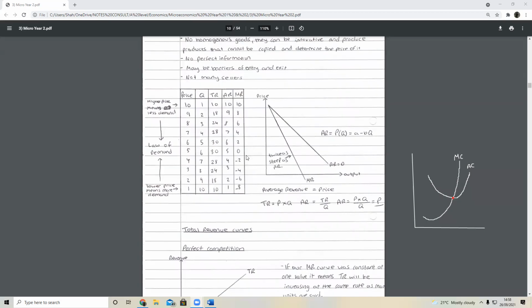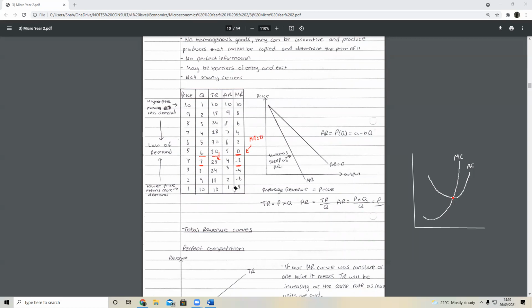Okay. So which is the point where MR is equal to 0? Well, it's at the sixth output, isn't it? This is where MR equals 0. If I decide to produce one more output at 7, then my MR starts to become negative, -2, because I go from 30 to 28. So at this point, my marginal revenue is equal to 0 at a quantity of 6. And at this point, my total revenue is 30.